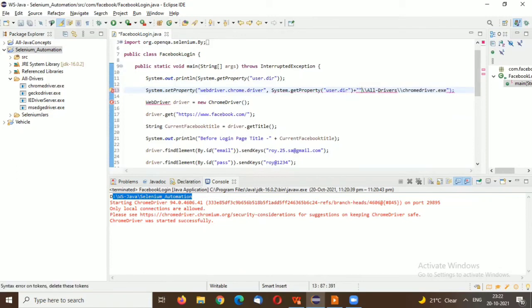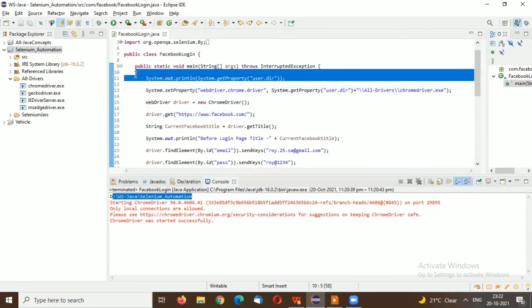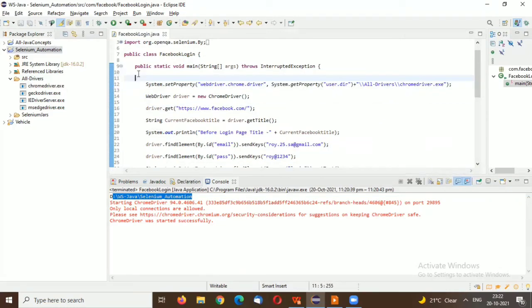Yes, all drivers folder. Like how to run Chrome browser. So System.setProperty we have done, webdriver.chrome.driver, then System.getProperty. So it will get the user directory path, and then again the all drivers folder is here and Chrome driver is inside